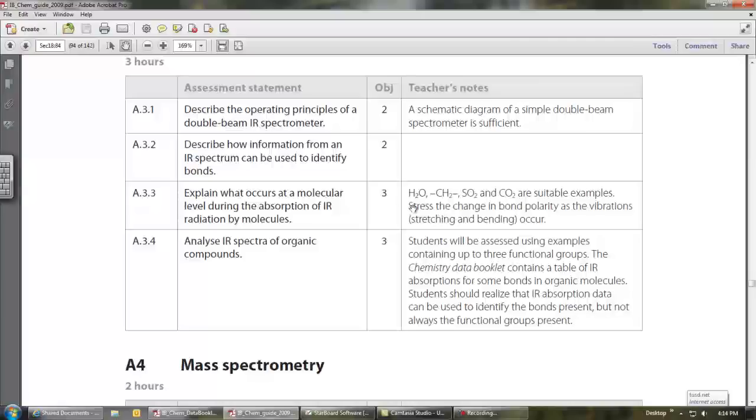If you read this bullet point, it says to explain what occurs at the molecular level during the absorption of infrared radiation by molecules, and it uses two descriptors. There's a change in bond polarity, and it talks about vibrations. The vibrations are the bond stretching and bendings. The polarity has to do with stretching. So let me go back to that